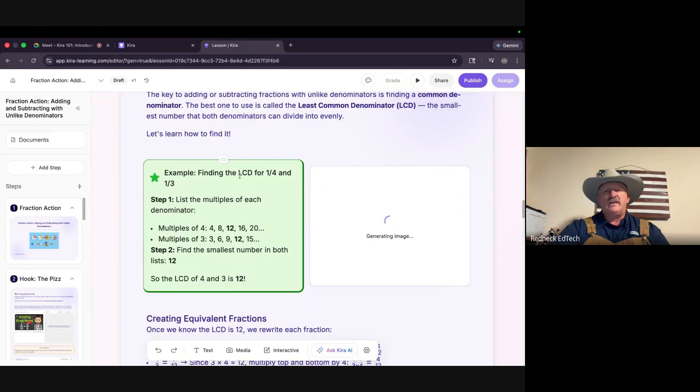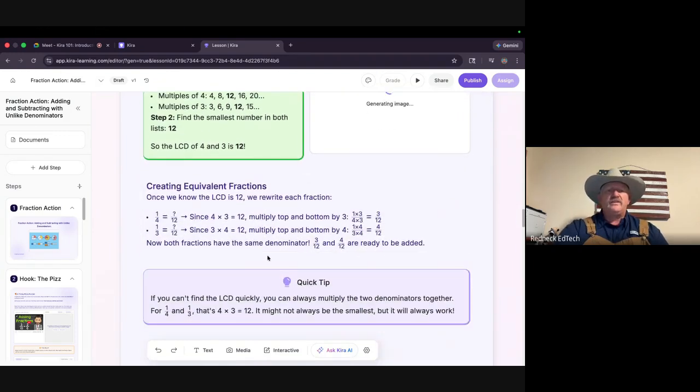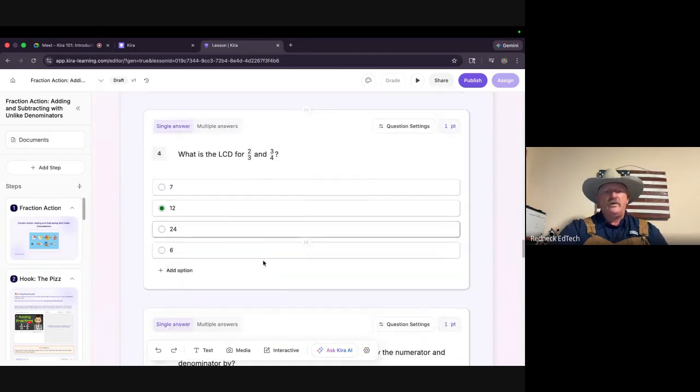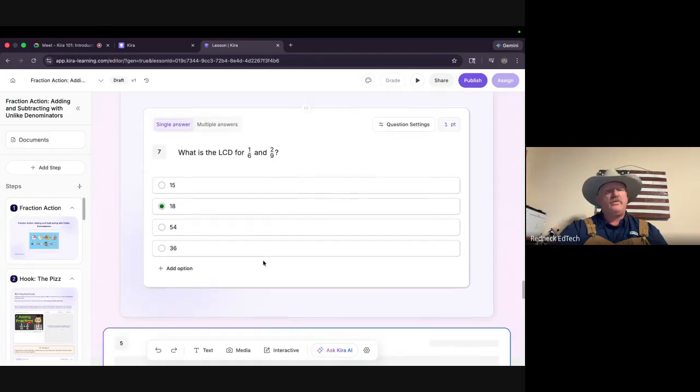It's going to talk about the least common denominator for 1/4 and 1/3 so that you understand that the least common denominator is 12. And it'll walk you through. It shows you how to convert your fractions, has quick tips. Now, and if you look right here, I do believe I said I wanted 5 multiple choice problems that it